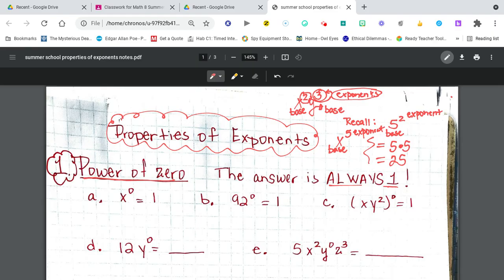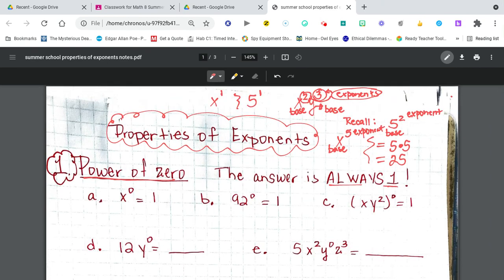Also here, if you ever see anything that looks like this, it does have an exponent. It's an understood one. Or if you see something that looks like this, it does have an exponent. It's an understood one, okay? Okay. All right. Now,